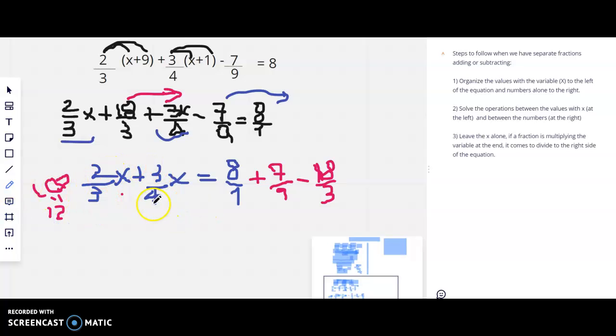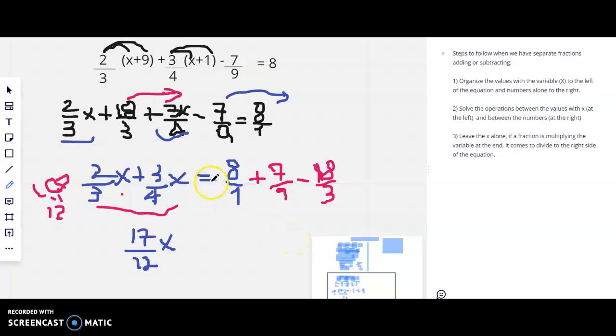You solve this operation and you get the following fraction: 17 over 12 x. All right, now equals,